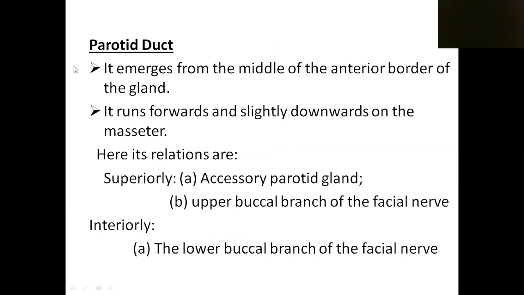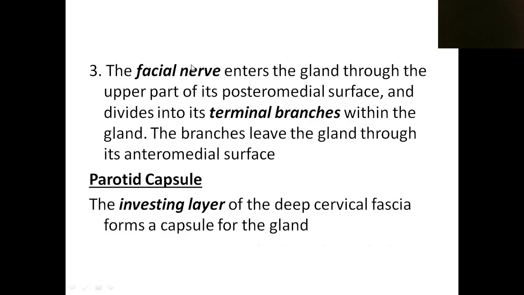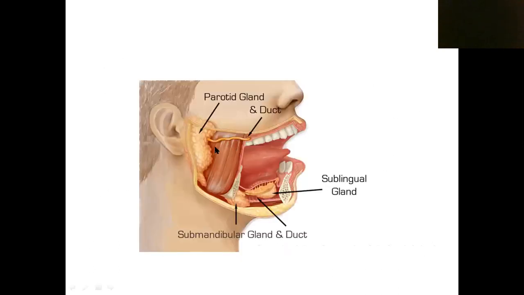It's clear. We have to go through the parotid duct. See here we saw the parotid duct. That parotid duct arises from the anterior border. From there it runs forward. Now it runs anteriorly over a muscle. See this muscle, it is known as masseter muscle. It is a biting muscle known as masseter muscle. So it runs forward over the masseter muscle.